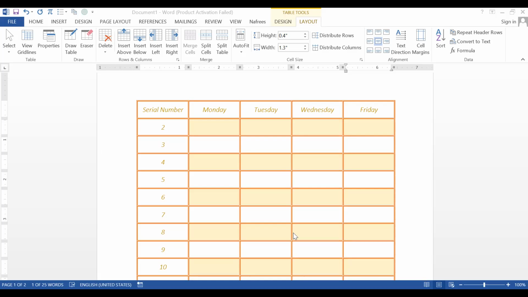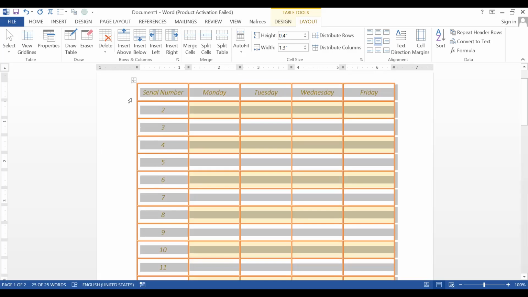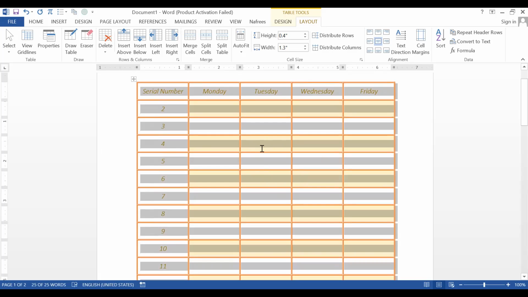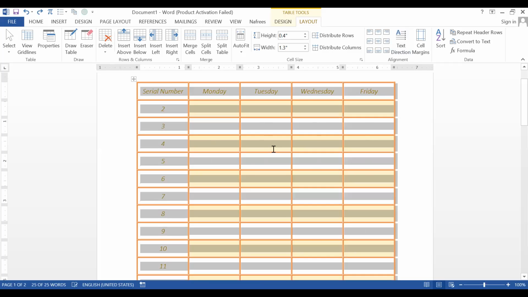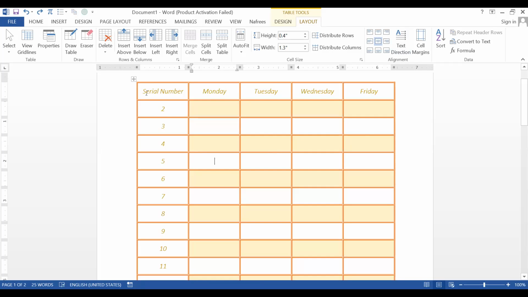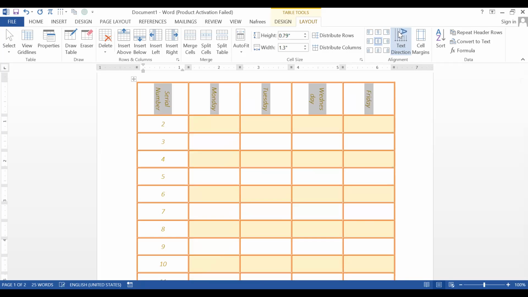P0018, P002. The correct answer, alignment, this one. So just click the cell or table. If you select the table, all the content inside the table will change. Or else if you want to convert only this row, then select the row only and click this one.